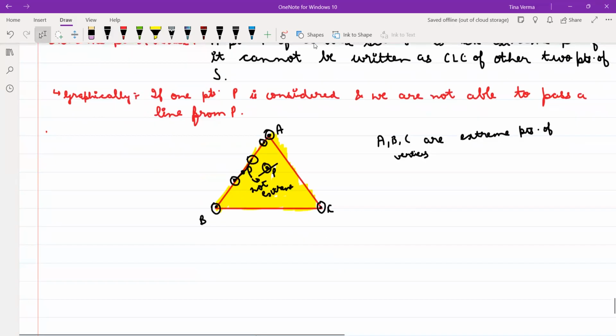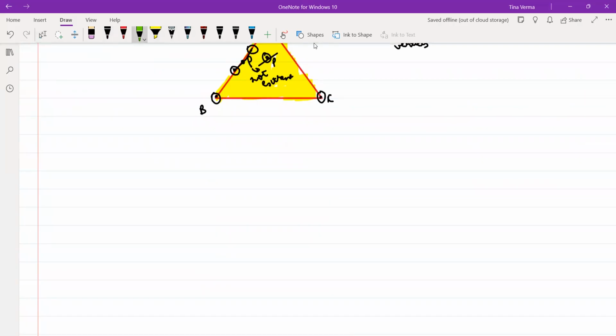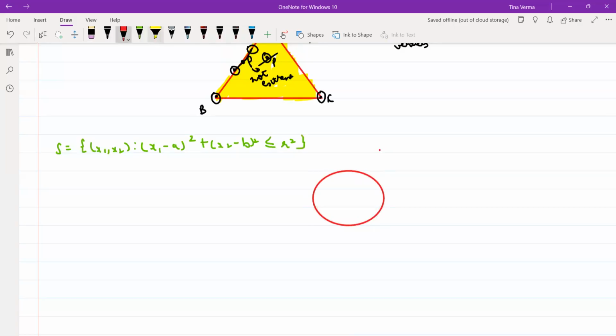The same, the example which we have considered above, the same we will do. S जो हमने पहला पॉइंट लिया था कि that the points are lying on your circumference, वो convex ही नहीं था. So that means we cannot check about the extreme points. But if we are checking x1 and x2, the region which we have done x1 minus a whole square, x2 minus b whole square less than equal to r square. So what is this? This was my convex set, right? And this was